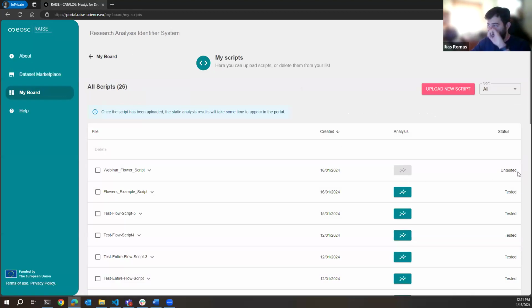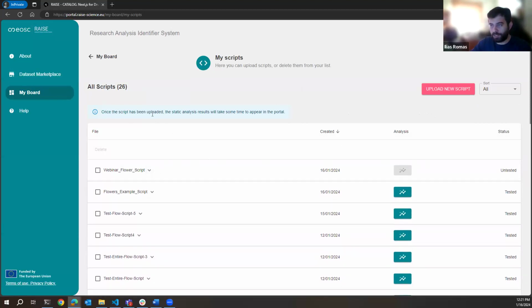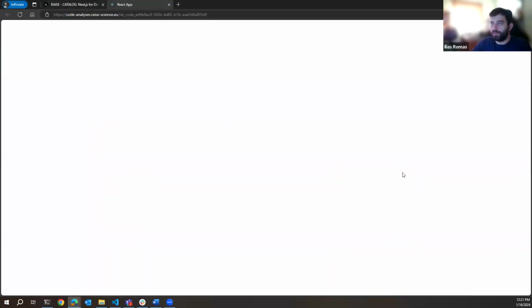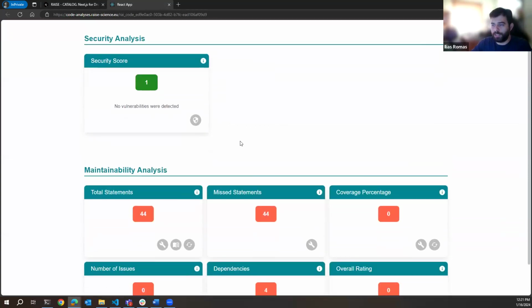Here, as you can see, the status is untested and the analysis button is disabled. So we'll give it some time. As you can see here in the disclaimer, the analysis needs some time. So let's reload the page. Okay, the analysis is ready. So if we press the button, okay, so no vulnerability is detected for this